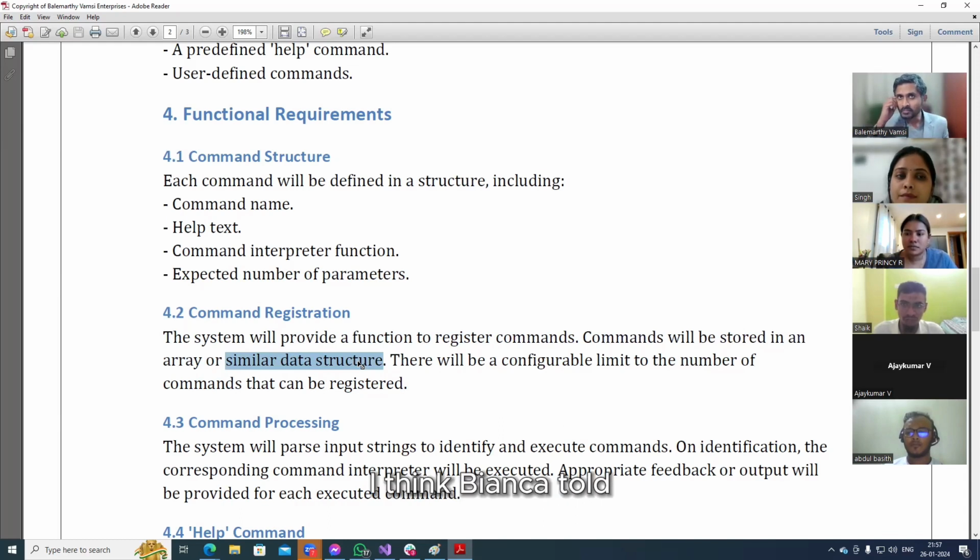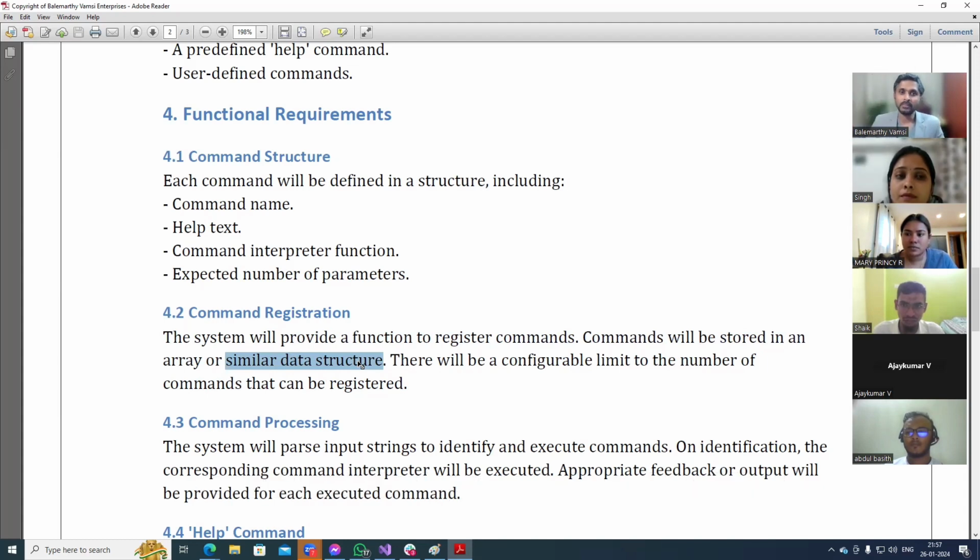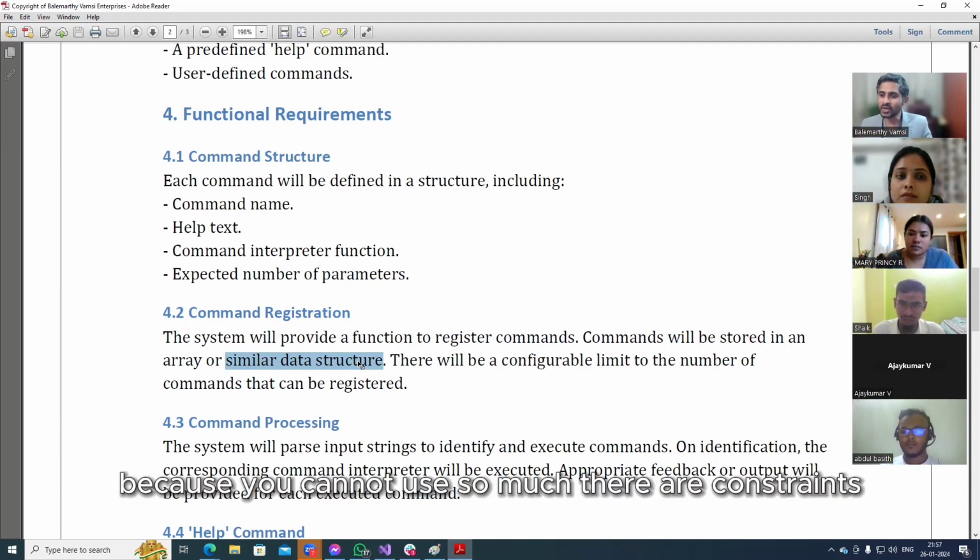Now somebody, I think Priyanka told, even Ajay told, even Sheikh also told that limitation. No, don't say limitation. Because you cannot give so much, there are constraints.